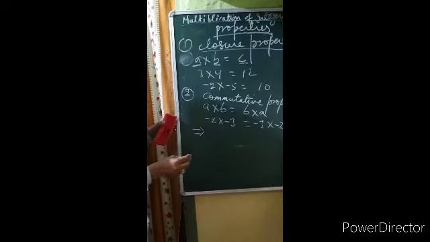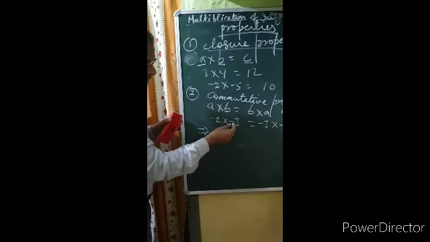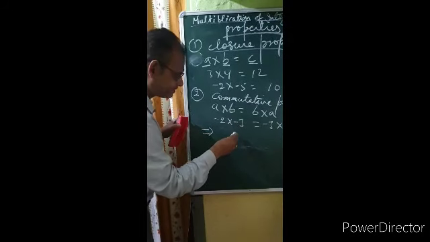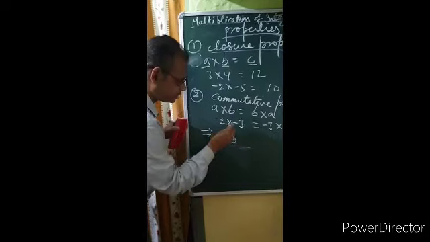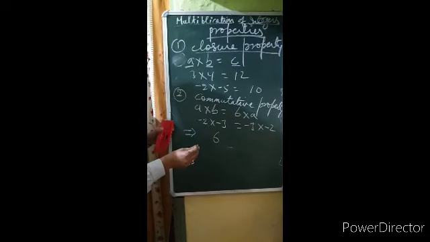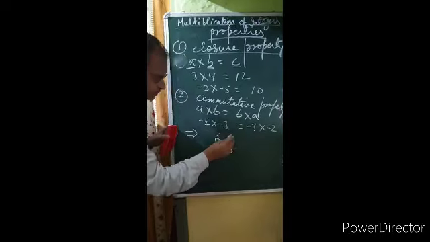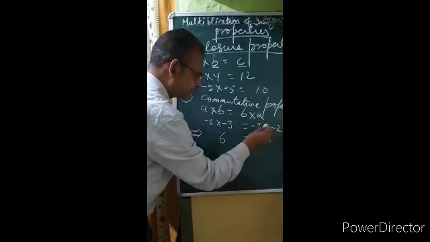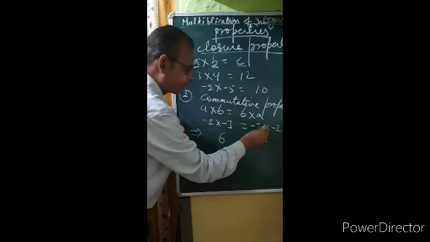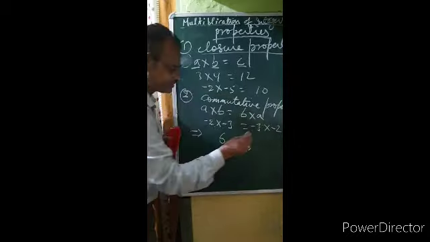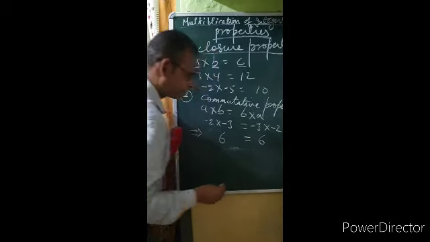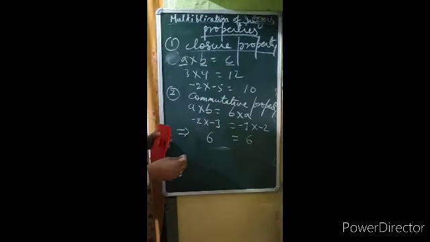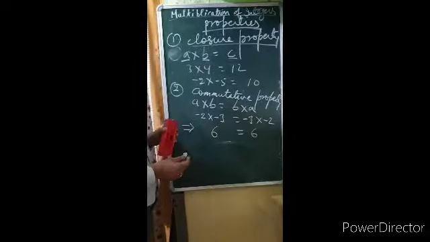Here, minus 2 into minus 3, we will multiply the absolute values of minus 2 and minus 3, which are 2 and 3. 2 threes are 6. Since there are two integers with negative signs, we will put a plus sign. Two is an even number, so we put a plus sign. Here also, two integers with negative signs, we multiply the absolute values and put a plus sign. 3 twos are 6, so 6 is the answer. In both cases we got 6 as the answer. So the commutative property is also true in the case of multiplication of integers.